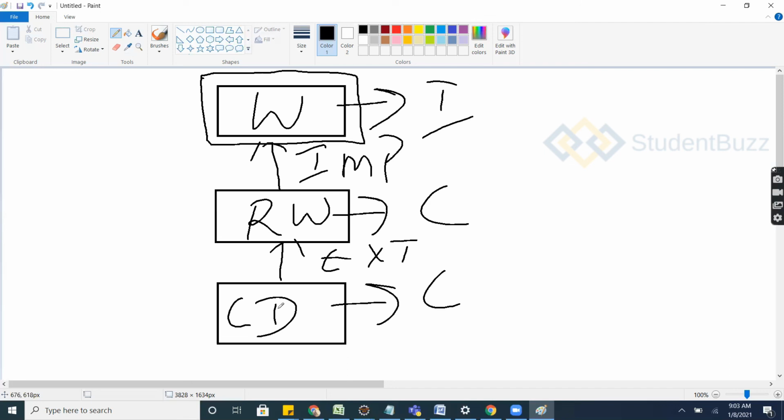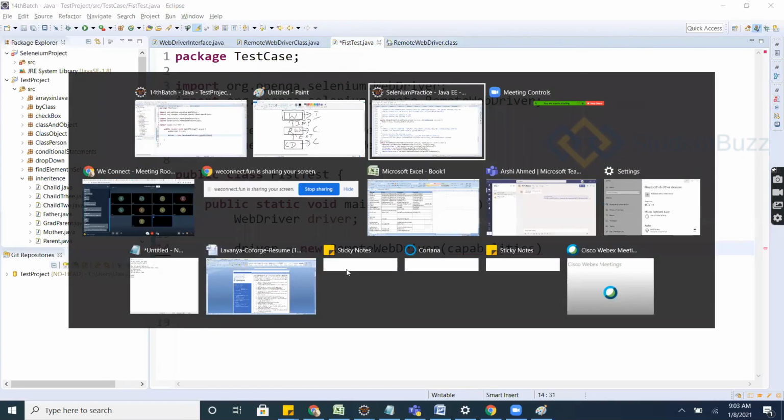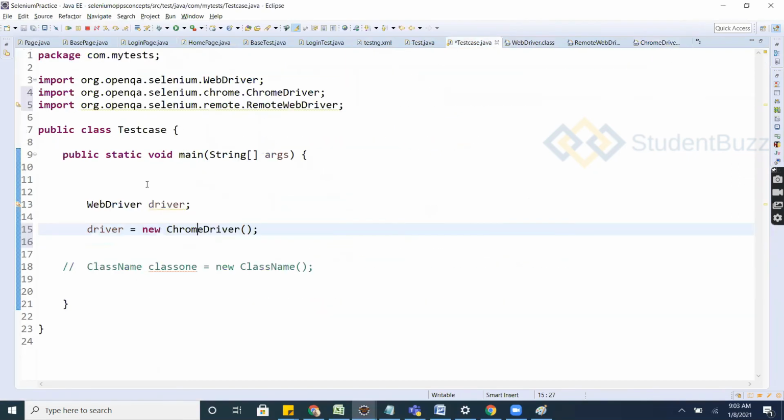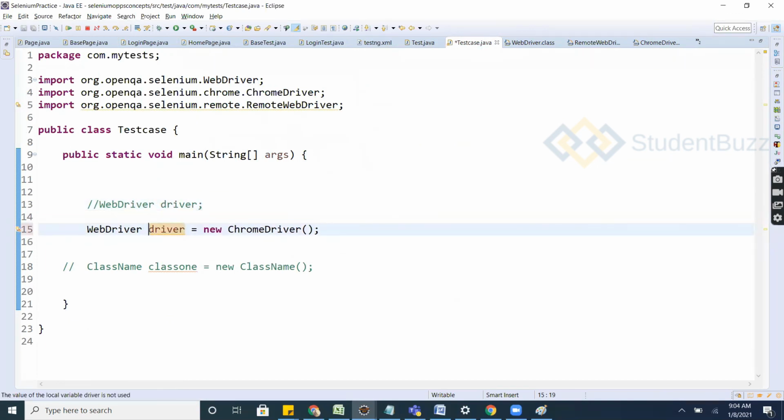Then you create an object of the browser driver, store it in the WebDriver reference variable and execute. People will ask in interviews: can you explain what is happening here? driver = new ChromeDriver(). There is a concept of typecasting here.